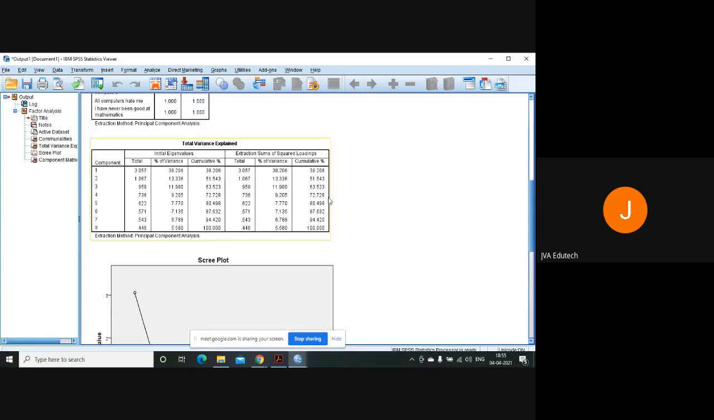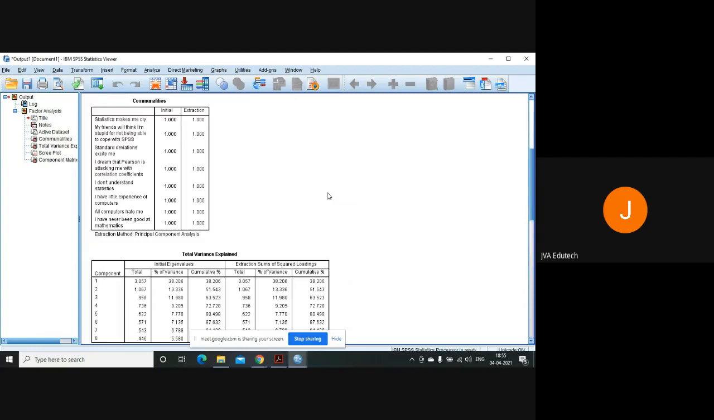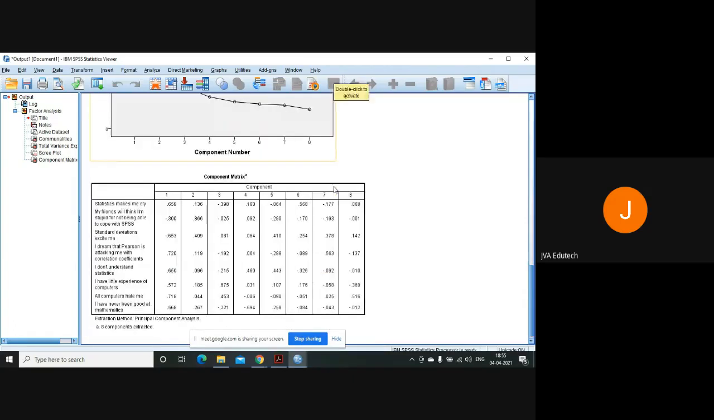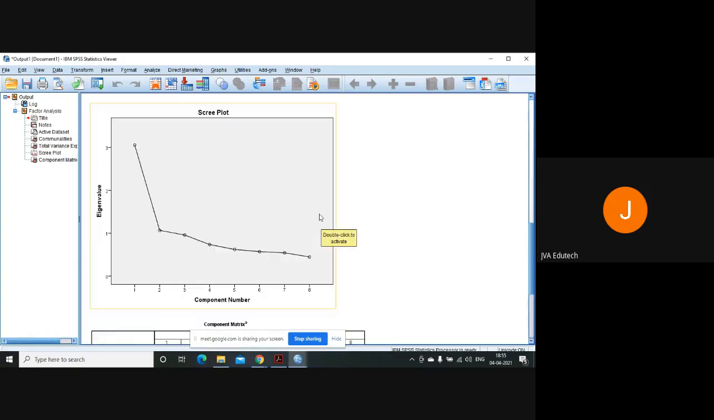Now, it will give you a component matrix also, which is a kind of, you can say, correlation matrix, and these values,